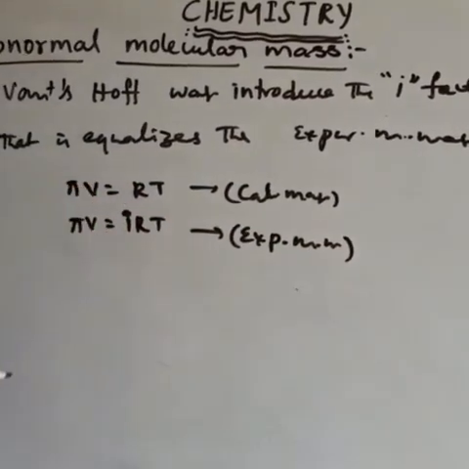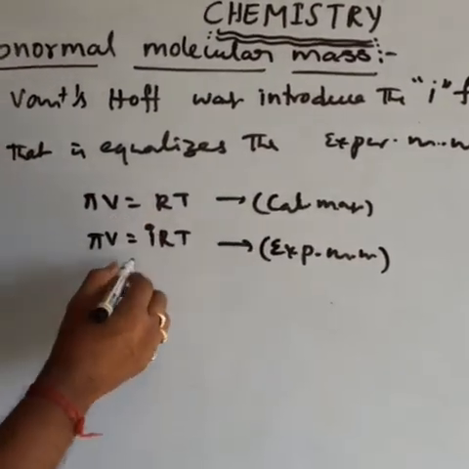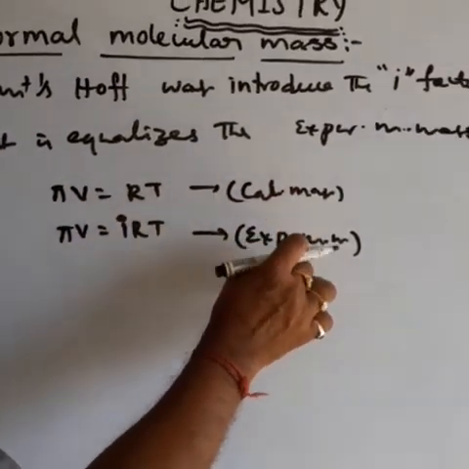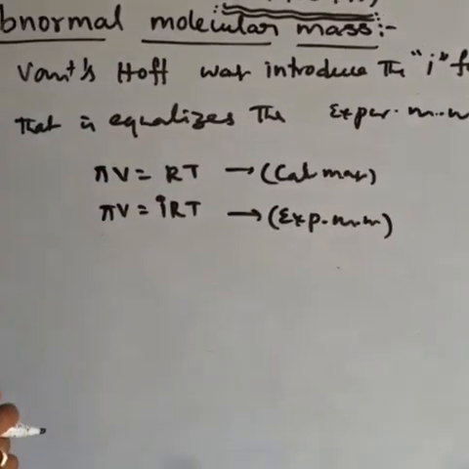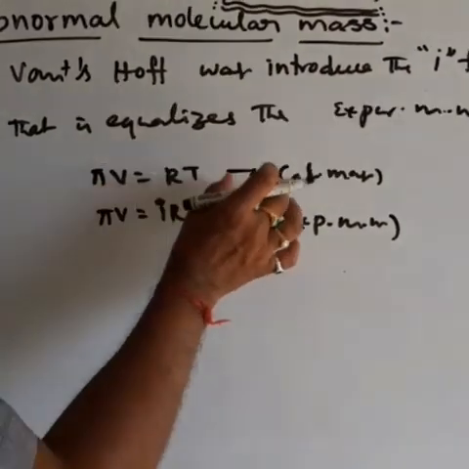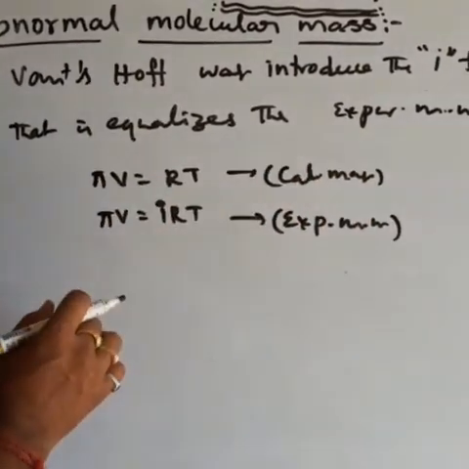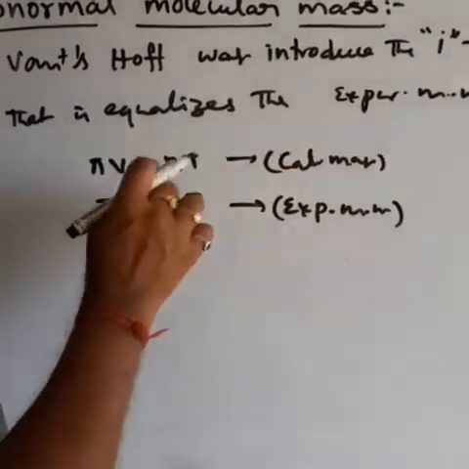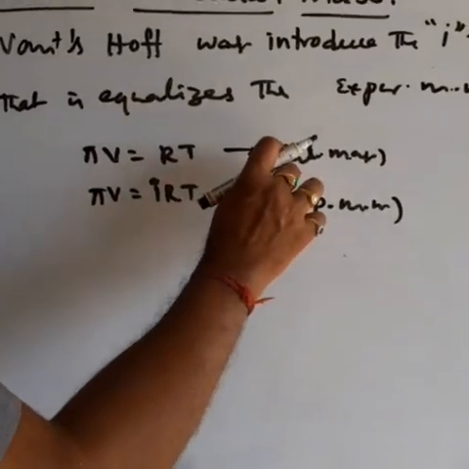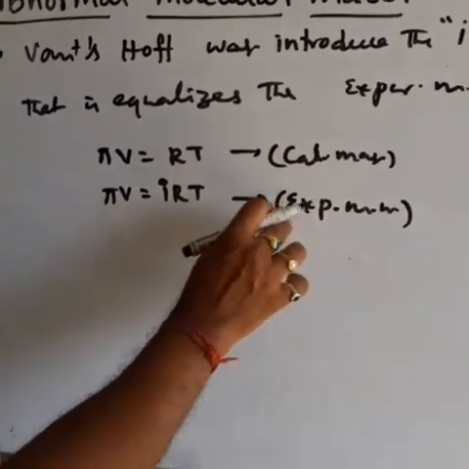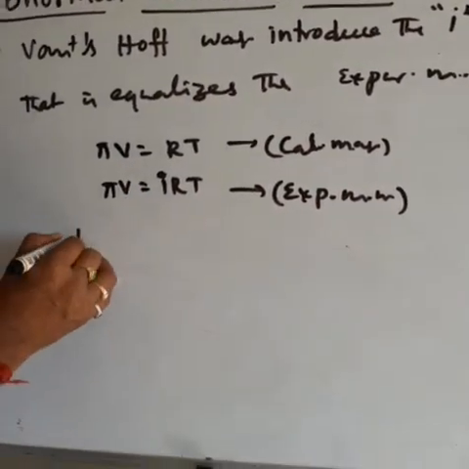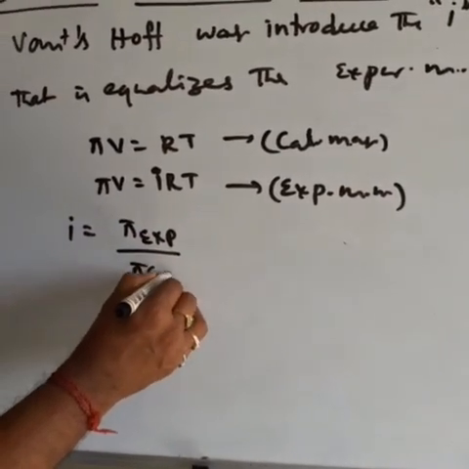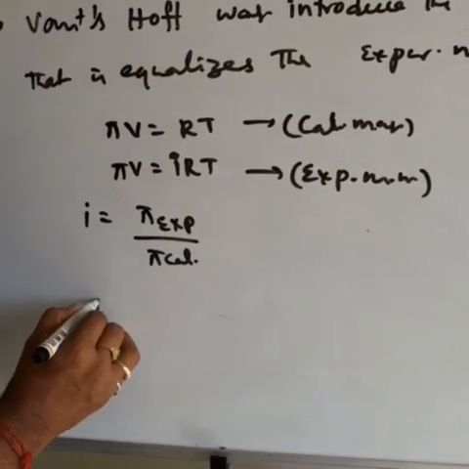After introducing the i factor, what is i? This is only the calculated molecular mass, but the experimental molecular mass is different from the calculated molecular mass. But when we introduce the factor i, the calculated molecular mass equals the experimental molecular mass. Do you understand what I say? Then what is the factor i? i is equal to